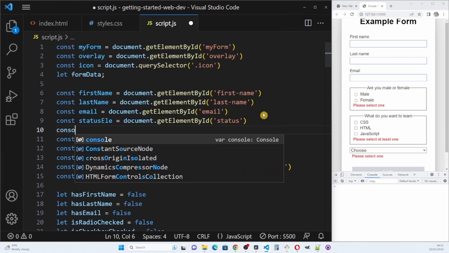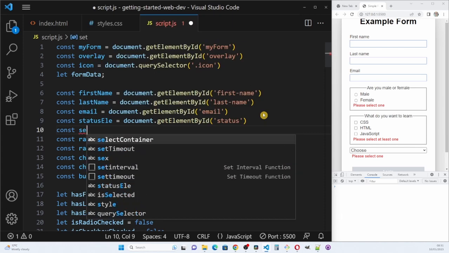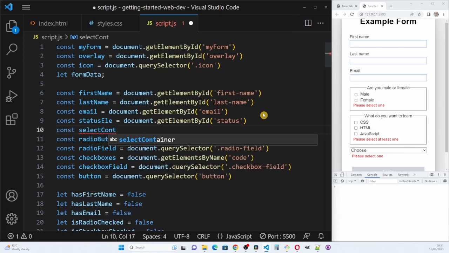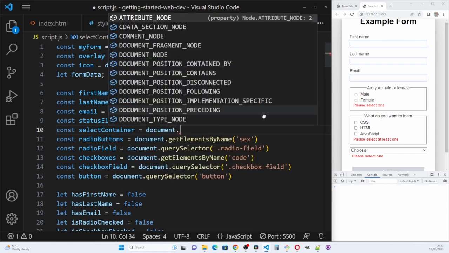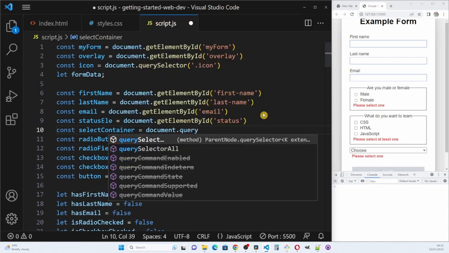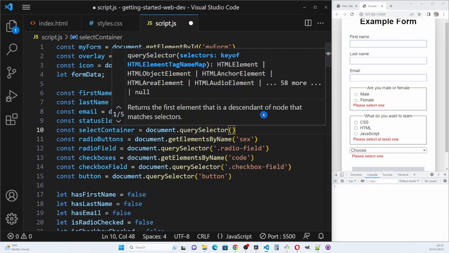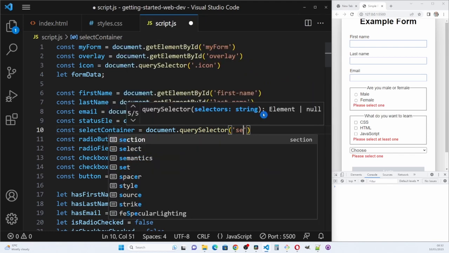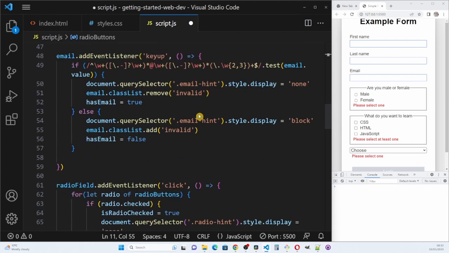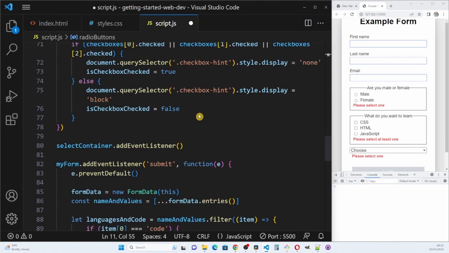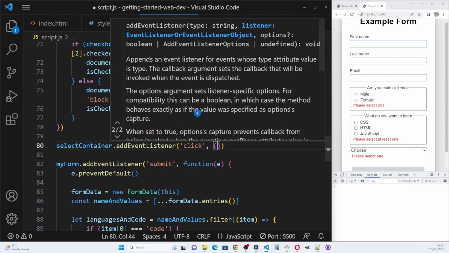Create select container here, constant select container equals document dot query selector dot select container. Click, do a function